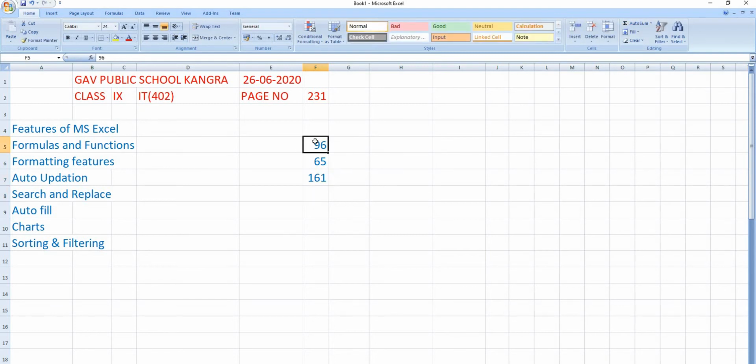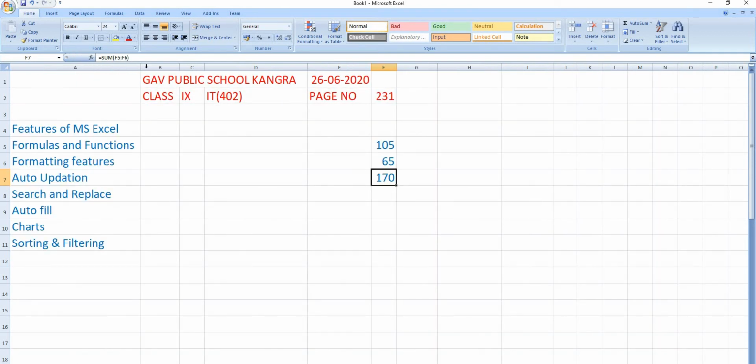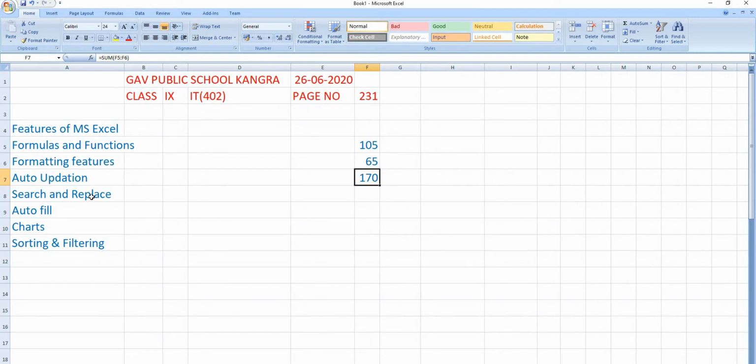So if I change this first number, then my sum will automatically change. So Excel can auto update your data or the results which are obtained through formulas and functions.